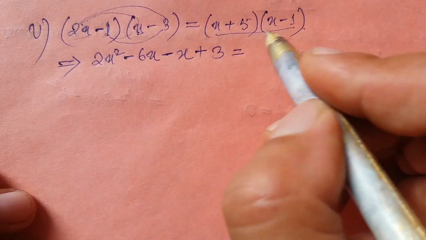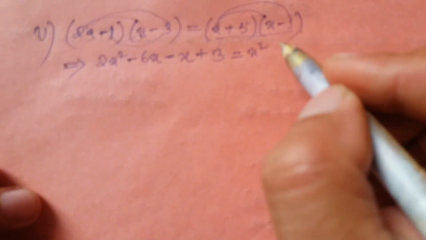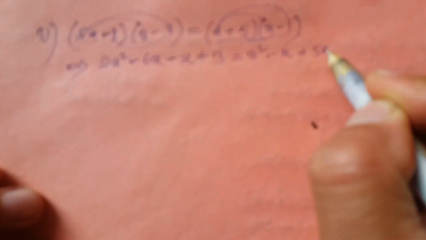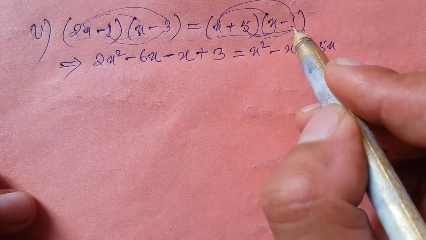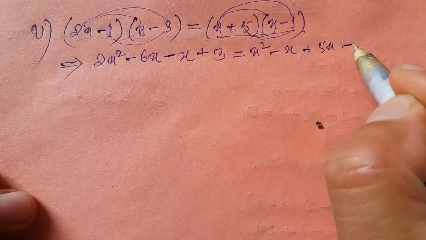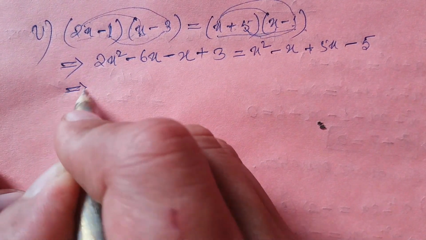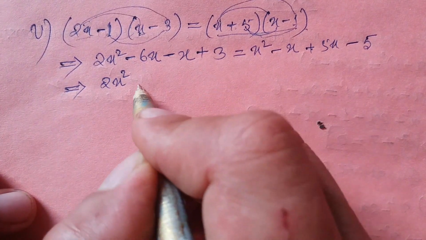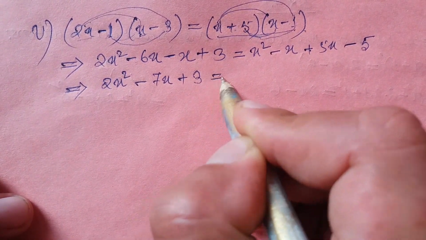Again minus 1 into minus 3, minus is plus, 1 into 3 is 3. Right hand side now, x into x is x square, x into minus 1 is minus x. Again 5 will multiply here, 5 into x is plus 5x, this is plus, so plus is plus. Again plus 5 into minus 1, plus minus is minus, 5 ones are 5. Now here this is 2x square. Now minus 6 minus 1x is minus 7x plus 3. This is equal to